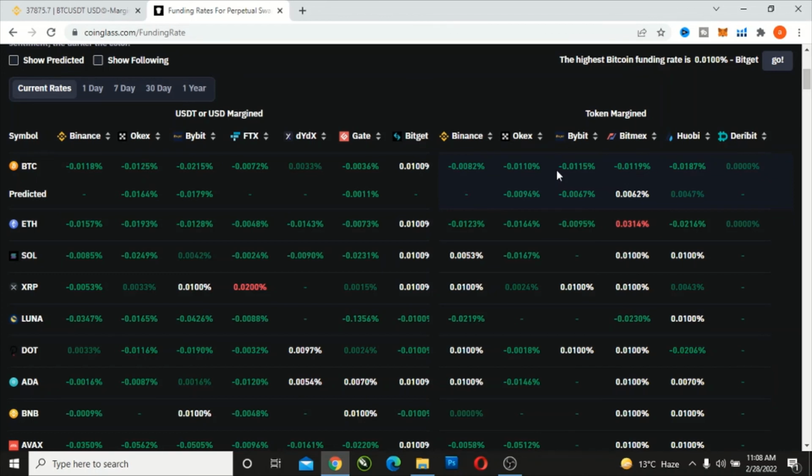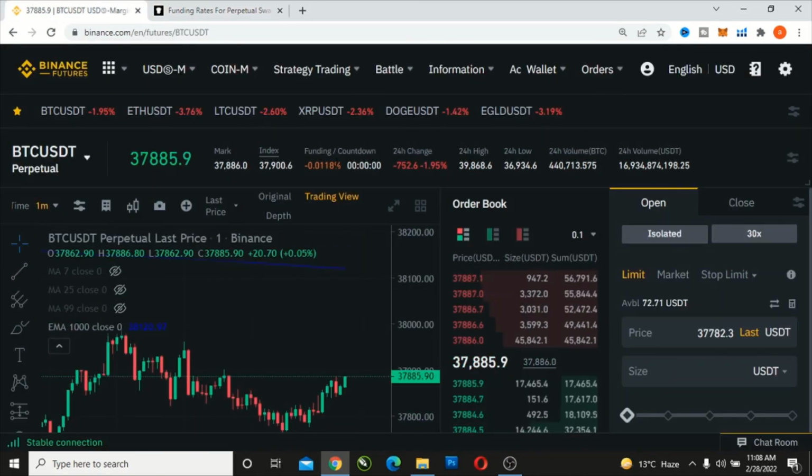So this is all about the funding rate that you usually see over here, and this cycle revises after every 8 hours. That means that if your trade is open for more than 8 hours, then you are paying some minor fee to the exchange because it is running that trade for you. So hope this clears up the funding rate and how